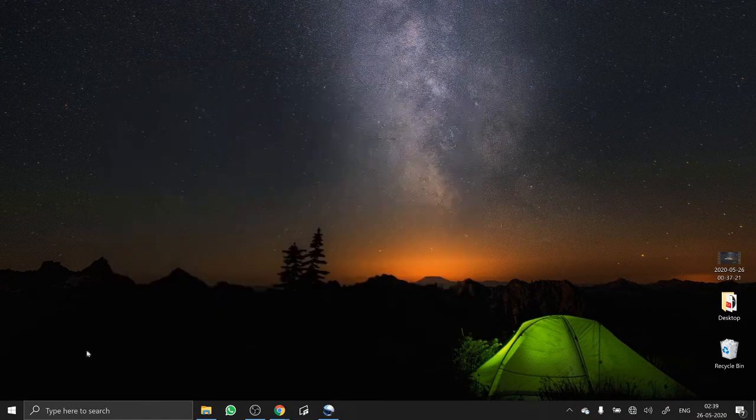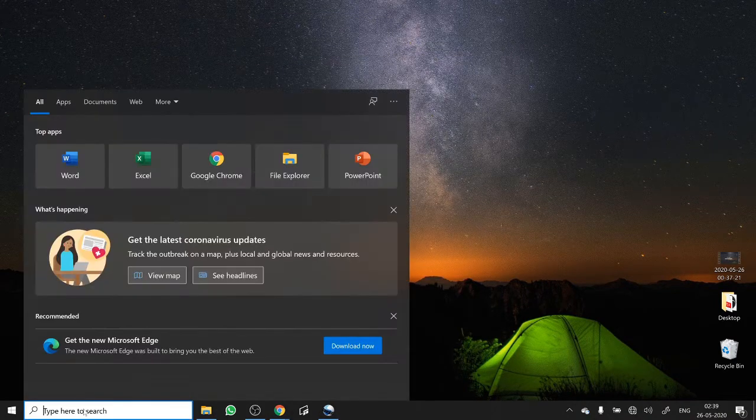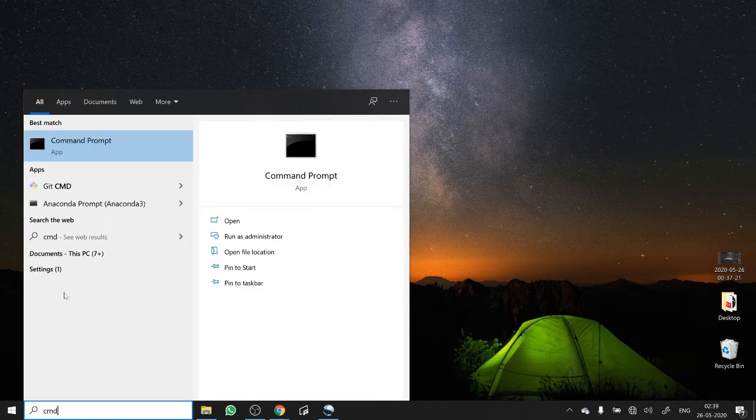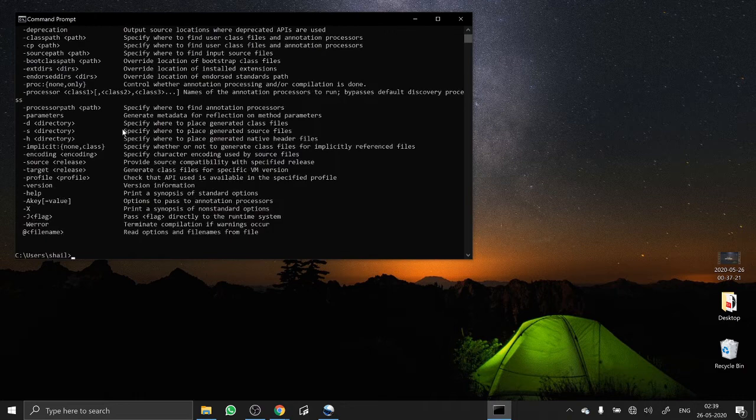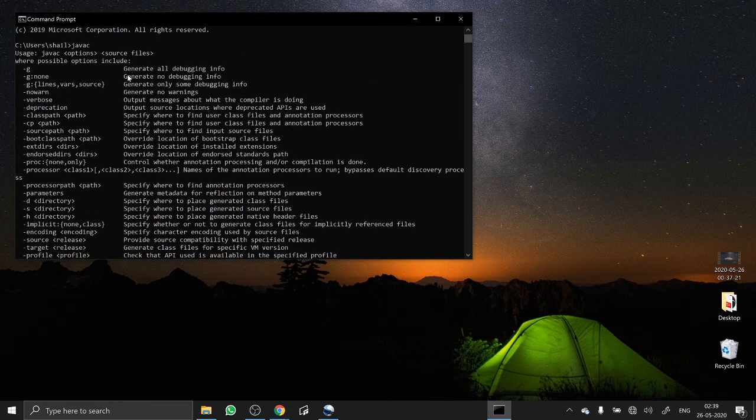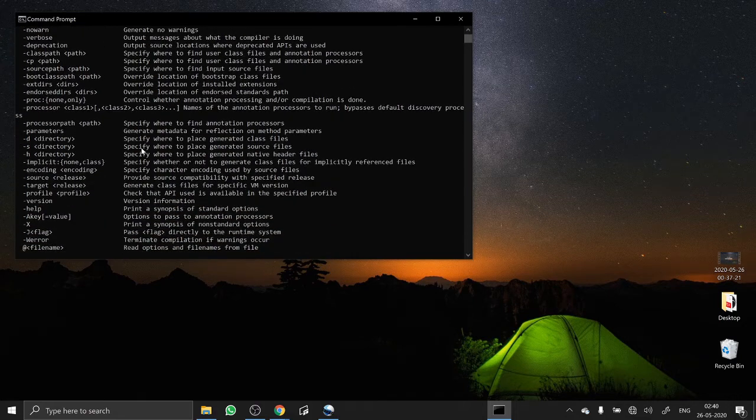Now let us check if our Java is installed or not. Go to your command prompt using the cmd command. Write javac. Now you can see we are not getting an error message, but all the possible options for javac.